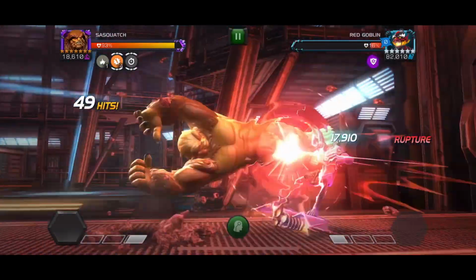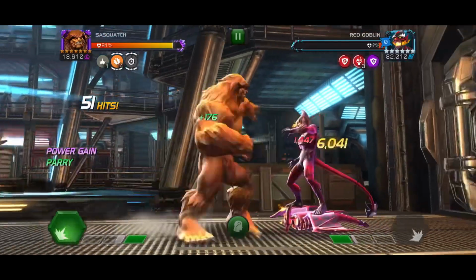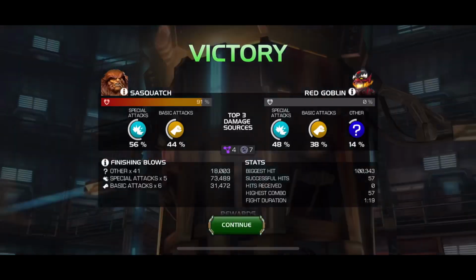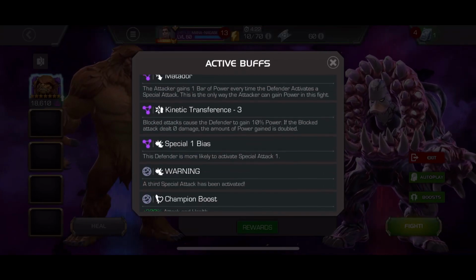Then we drop the SP2 once more. No good crit. We got a nice crit there, actually, and that was not even on an attack that has the increased attack rating. So yeah, it's pretty fun. So yeah, not a bad fight. I think it was about a minute and 19 seconds, which is pretty good for a Sasquatch. So yeah, now we have the final fight here, which is...